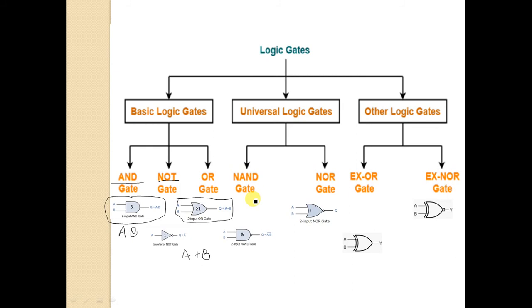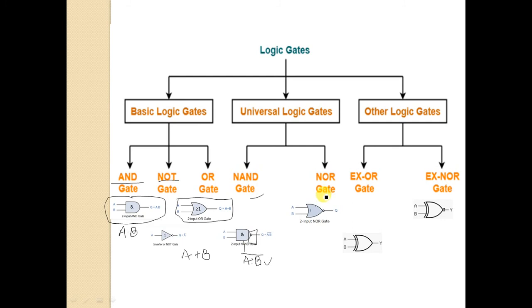As I have told, NAND gate is made from AND gate. So AND gate with a small dot you can see over here, NAND gate is done. What will this AND gate do? AND gate will do multiplication. NOT gate is placed at the last, at the output side. It means the multiplied answer will be inverted at the last. So this is the result of NAND gate.